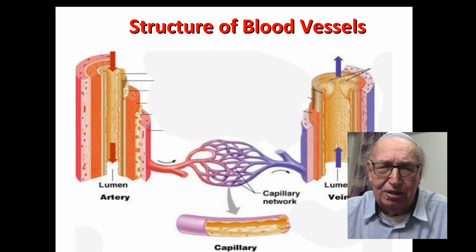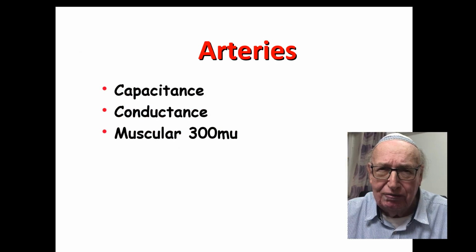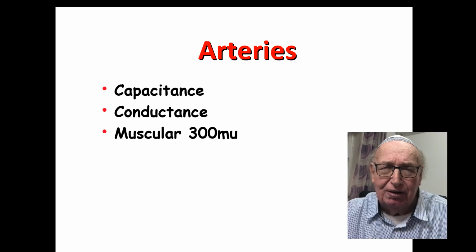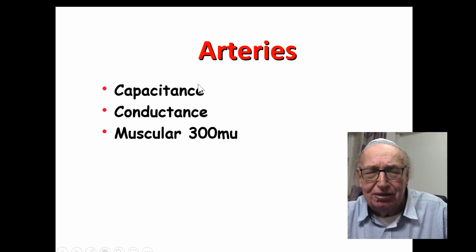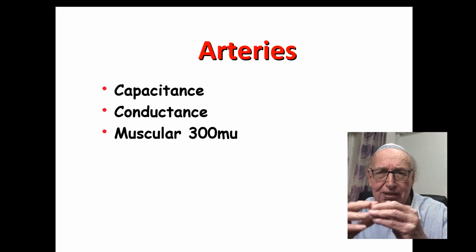From there, these arteries break up and ramify and form a network, and then become smaller and smaller until they come to the arterioles. And then they go into the capillaries. Capillaries join up, become venules, become veins, which have thinner walls because the pressure is lower, and have a valve to maintain unidirectional flow. Three kinds of arteries: capacitance, which are arteries which expand when the heart contracts, create a